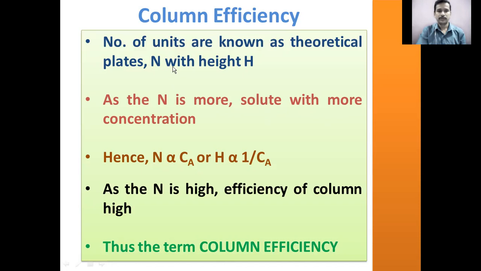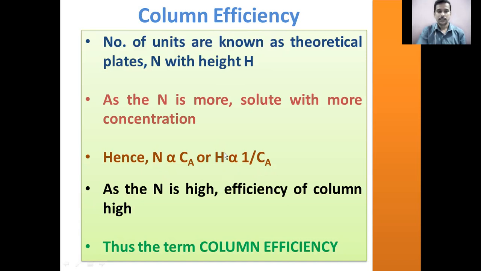If you consider the number of theoretical plates with respect to height, if the height is more, then the extent of band spreading will be more, and this increased height of a theoretical plate is going to suppress the efficiency of the column for the separation of that solute or the elution of that solute. So if the height is more, it will be inversely proportional to concentration. If the height is more, that is going to suppress the column efficiency. So if you have more number of theoretical plates, then the chromatographic procedure has to be set in such a way that the height of an individual theoretical plate must be as low as possible.